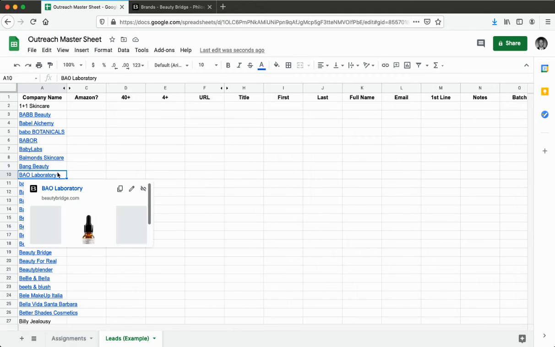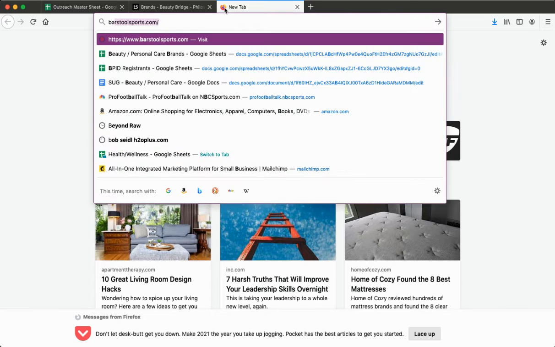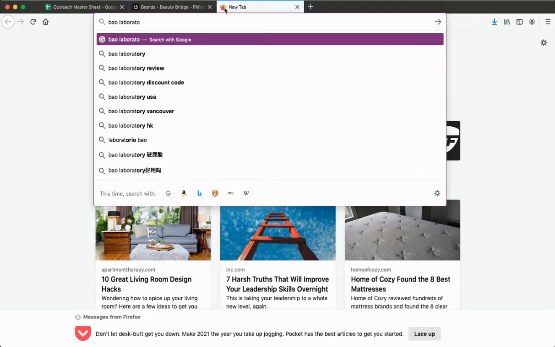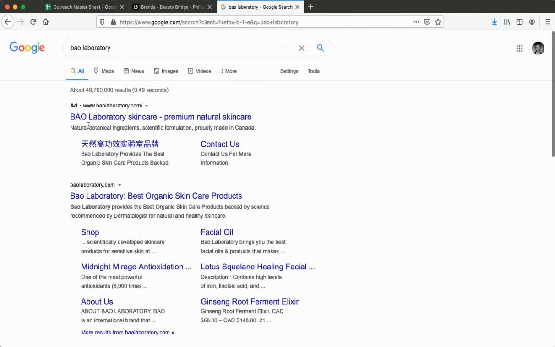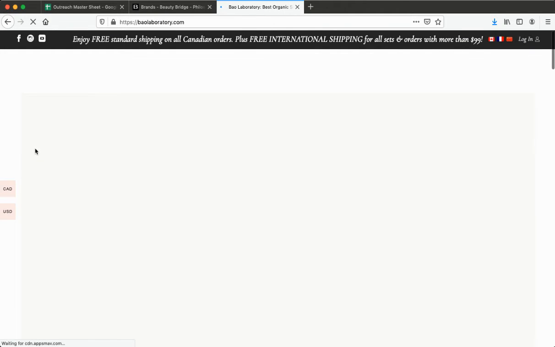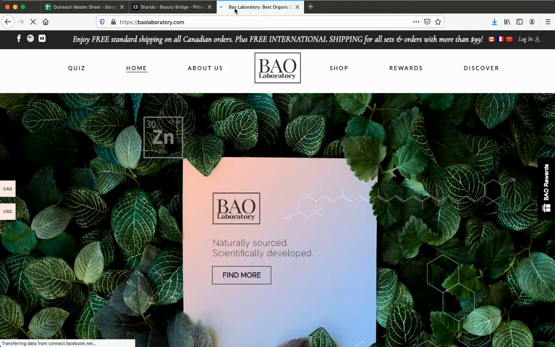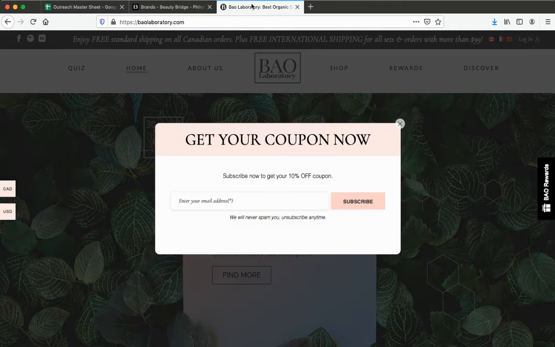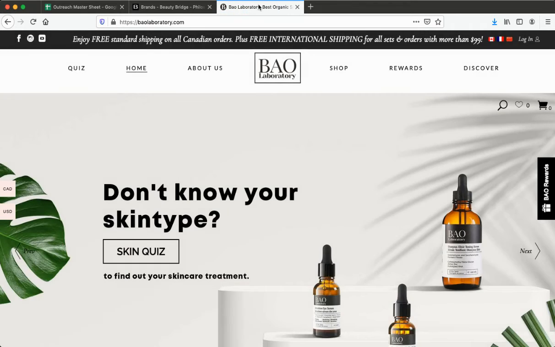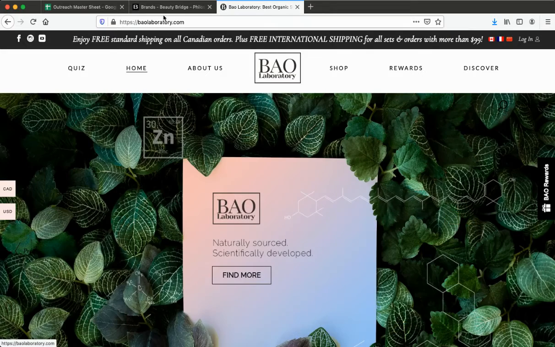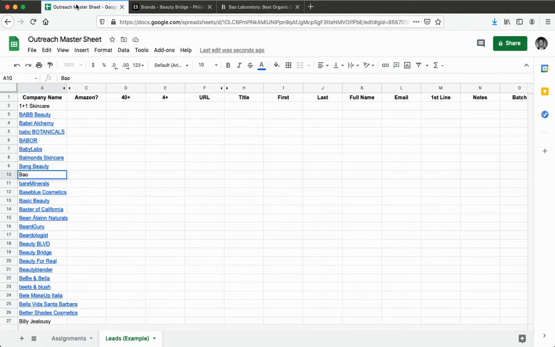Now this Bow Laboratory, one thing to keep in mind is if you're not sure, Google it. If you're not sure, Google it. Bow Laboratory Skincare. Now we can see when we go to their actual website, up here it says Bow. So I would use what it shows at the top of the screen more so than their logo. So this one I would change to Bow